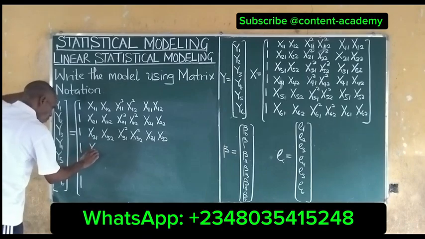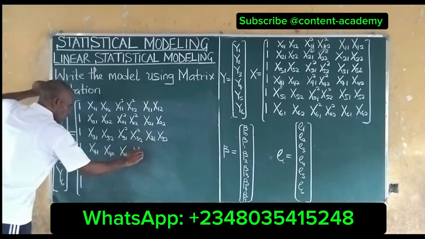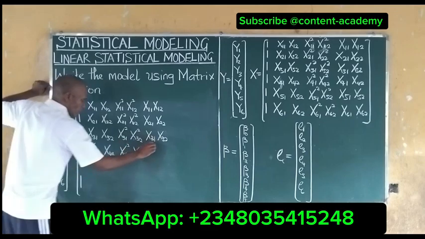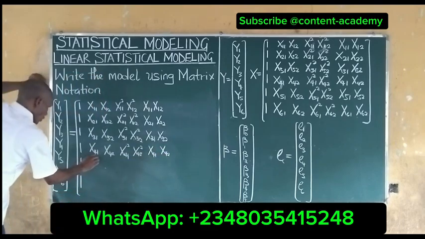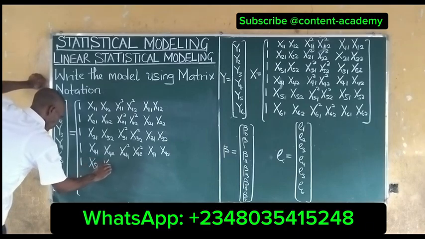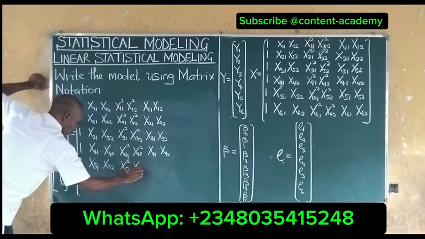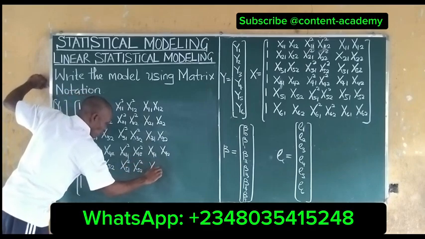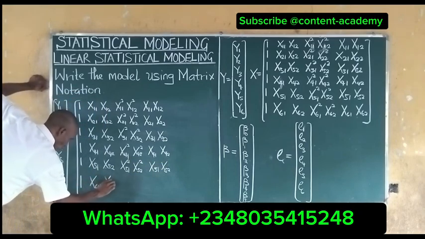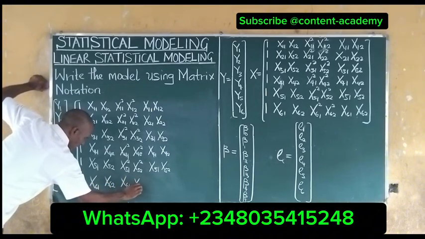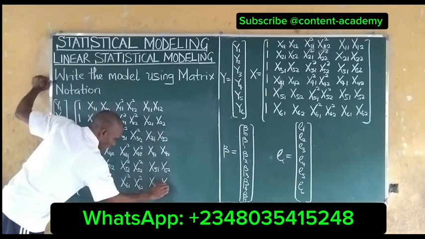Also, we have here x41, x42, x41, x42 squared, x41, x42, x51, x52, x51 squared, x52 squared, x51, x52, x61, x62, x61, x62 squared. We put our square. x61 and x62